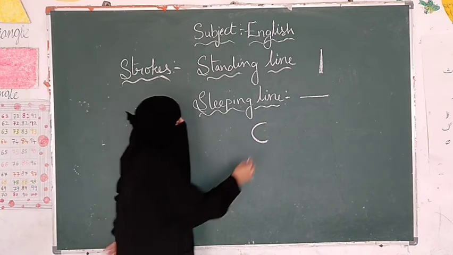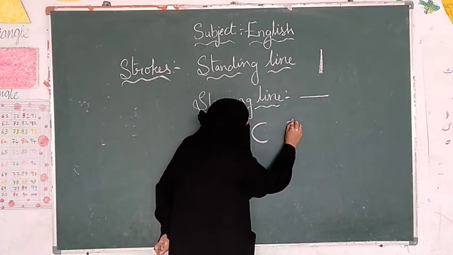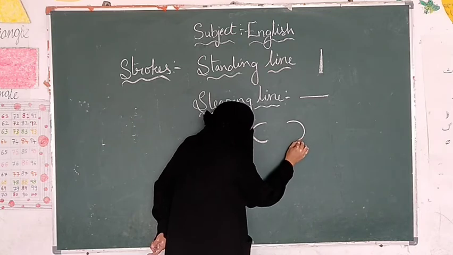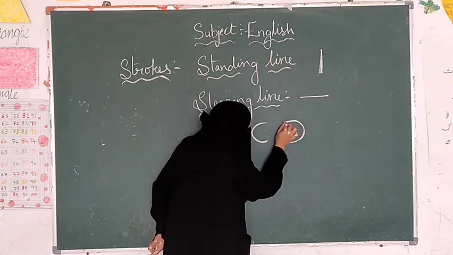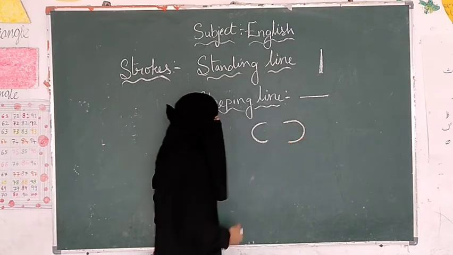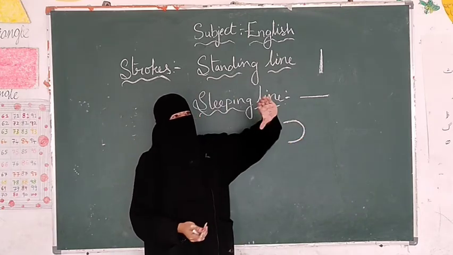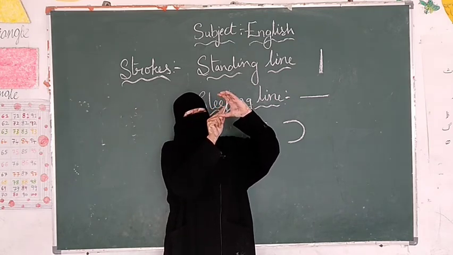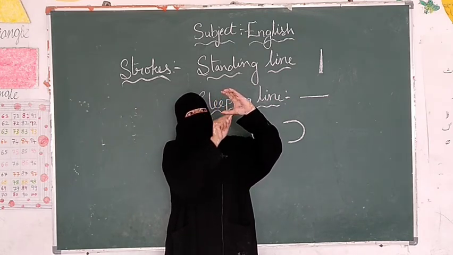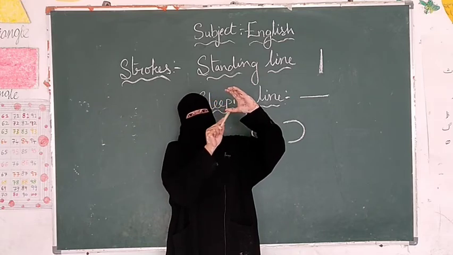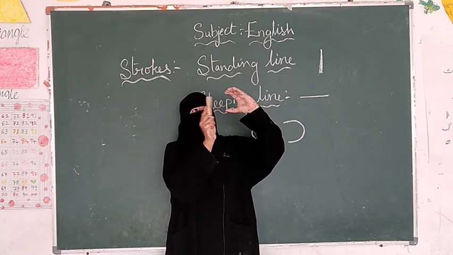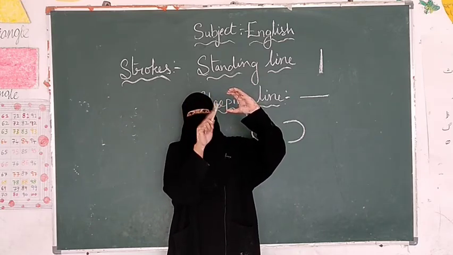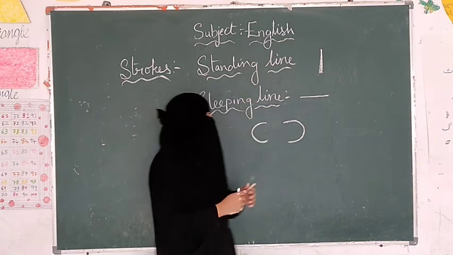Now let's come to the next. See, this one is also a half curve. The mouth is open towards the left direction. Again you can take the same example. Make it with your hand. See, the position of this curve is in this direction. The mouth is towards the left direction.